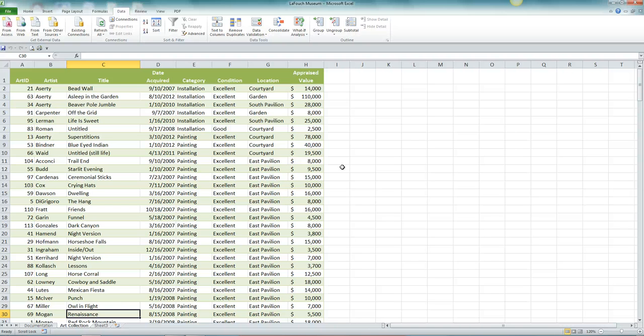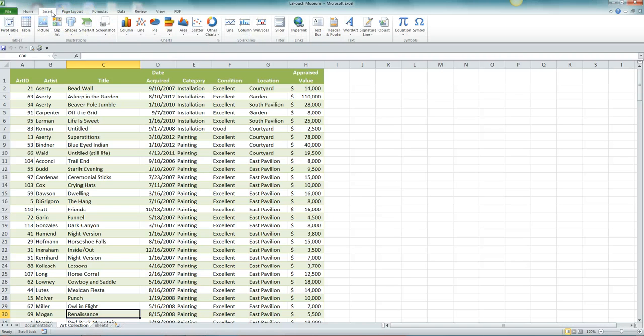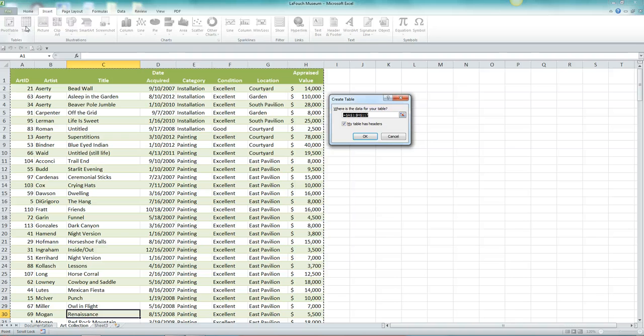You'll reset the art object's data as an Excel table. Number 3, make sure the active cell is a cell within the structured range of data. Click the Insert tab on the ribbon and then click the Table button in the Tables group. The Create Table dialog box opens. Click OK,